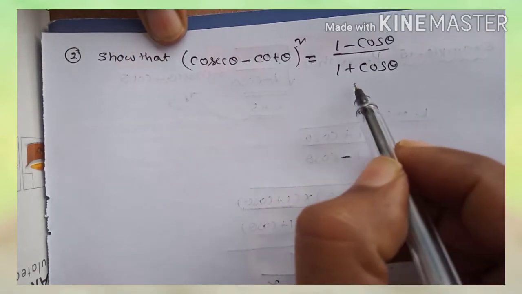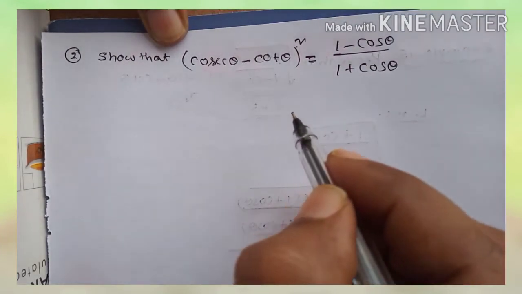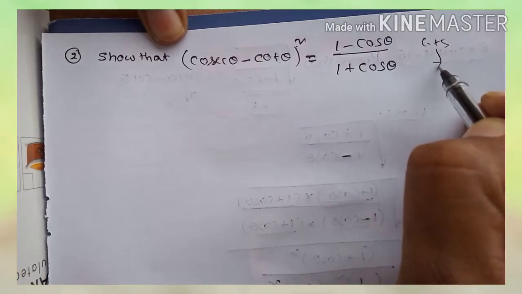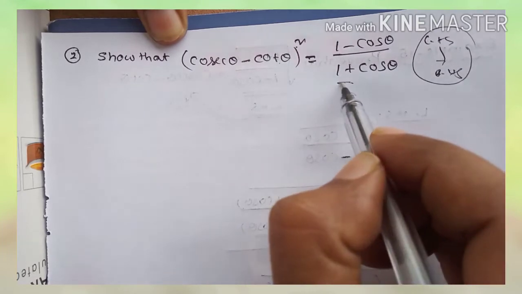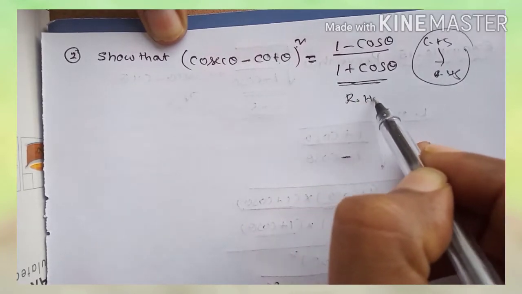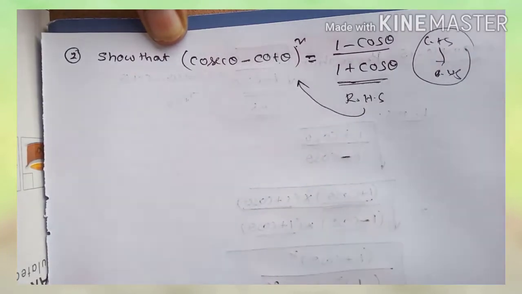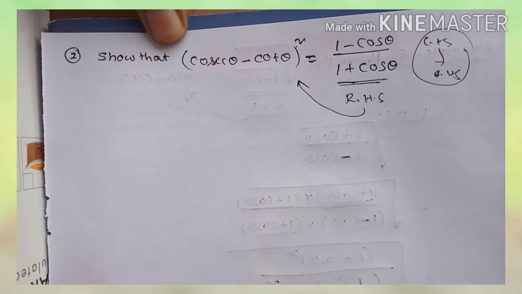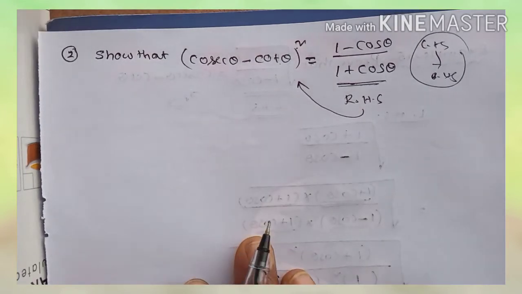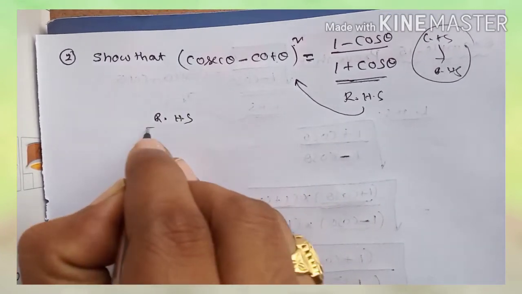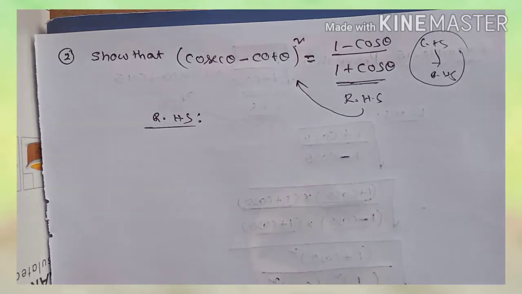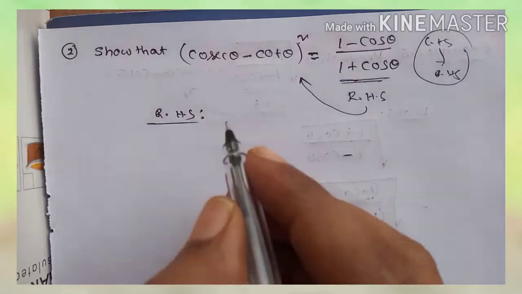Now here, in the previous problem we took LHS and calculated to reach RHS. But in this problem it is easier to calculate if we first take RHS and go to the LHS part. In the previous method you can follow the same. Okay? Let's start how to solve the problem. We have to take here not LHS, we take RHS. This will be an easy method for you, I hope.